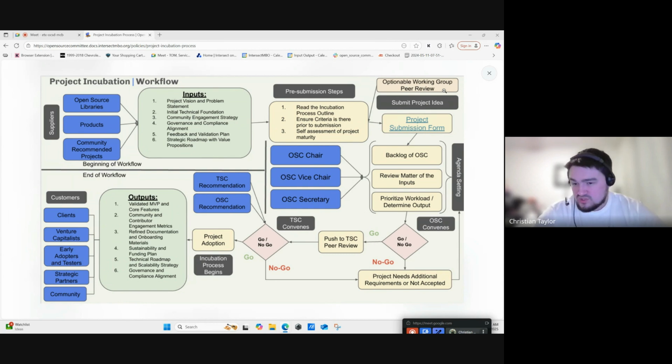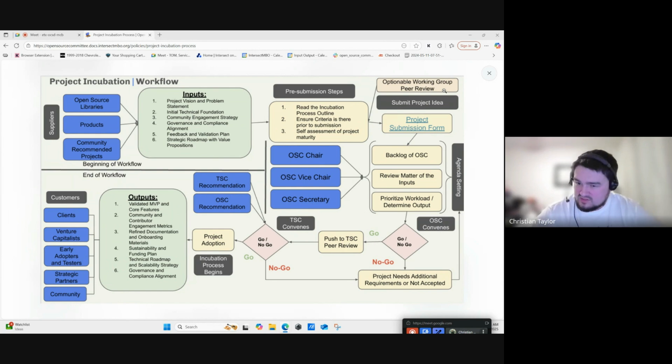But essentially, once you click that form, someone from the open source office will receive it, review it, make sure that it aligns with what's needed, and then we meet with the OSC chair and vice chair to ensure that they're good to put it on the agenda, and they do what we call the summary review, i.e. if your project is not aligned with the inputs or the pre-submission steps, or it doesn't align with Intersect, we may do a summary decision and email you what that is, or if you need more things to add and resubmit. That's only there to prevent the backlog of the committee agendas from being filled with just all requests.